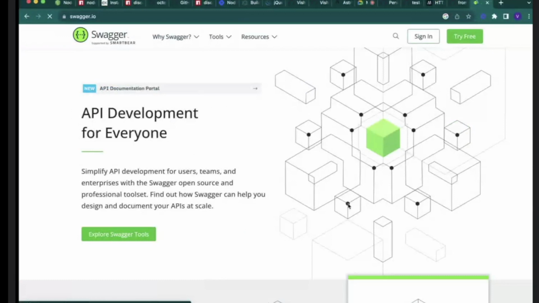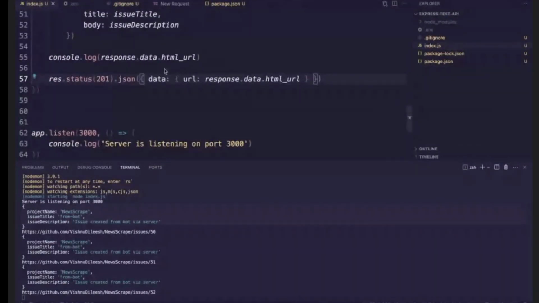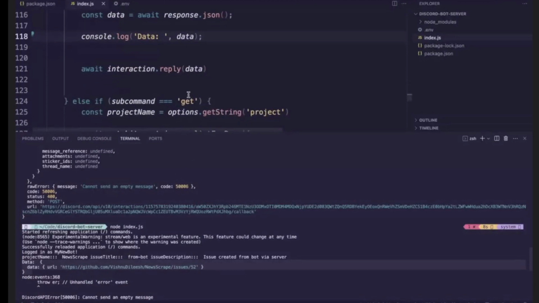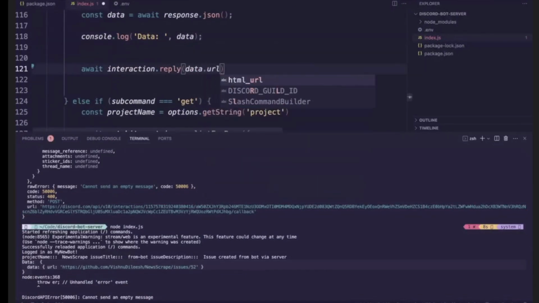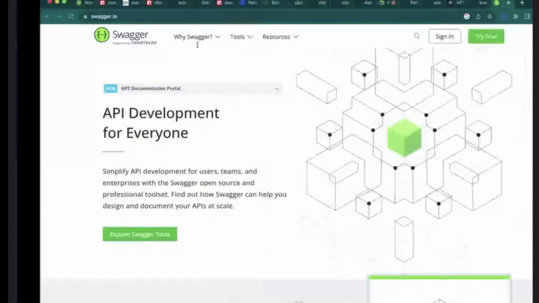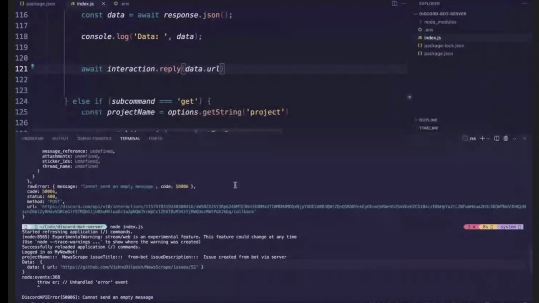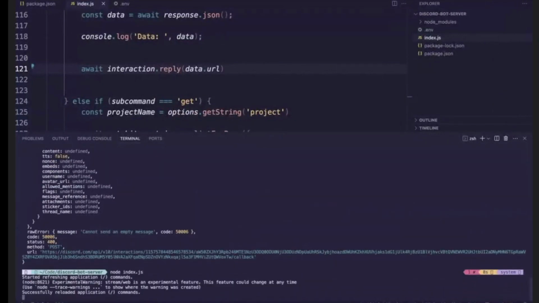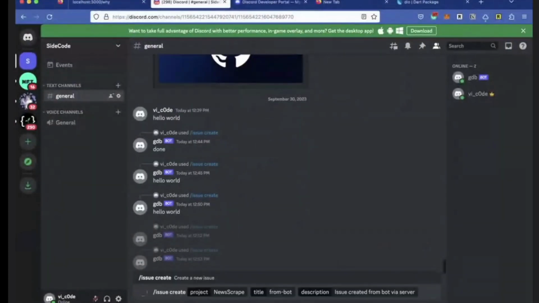And so the front-end engineer is able to understand, okay, so this is what's happening. At the end of the day, data will be there, and inside data, URL will be there. So then what they will do is they will come here and say data dot URL, and if I do data dot URL, I should be getting that. So now if I try it again by starting my server again, and the bot is live. Now if I do it again,